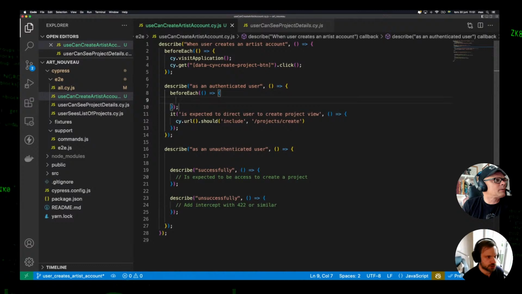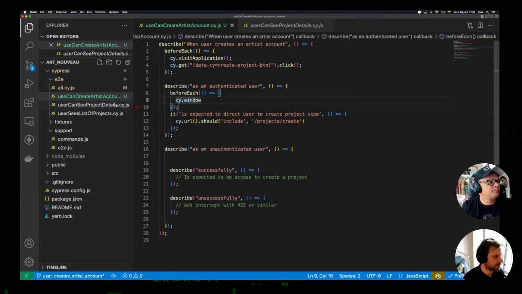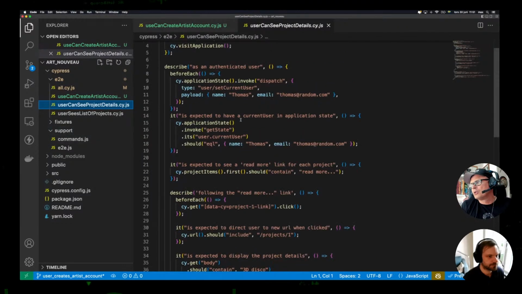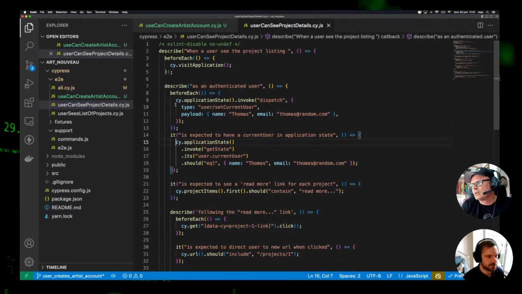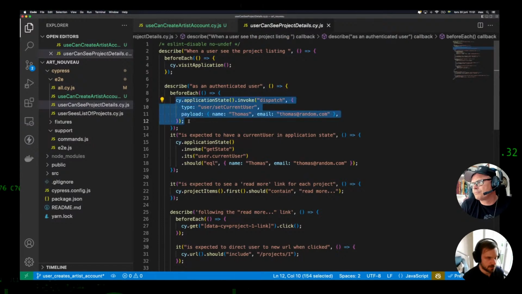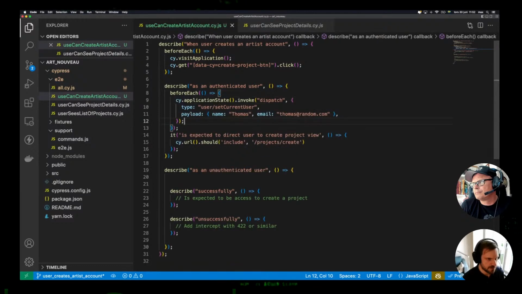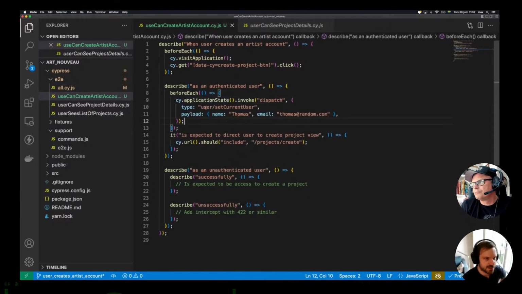So let's do it before each and say cy.window. I actually don't know this by heart as much as I tend to. But we created this application state, invoke getState. You can just copy that. I'm going to grab it from here because I am very lazy. And let's do it that way. So we're going to set current user to Thomas. And then